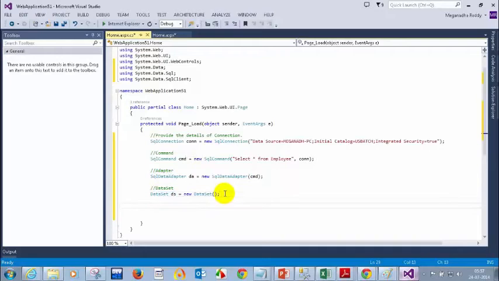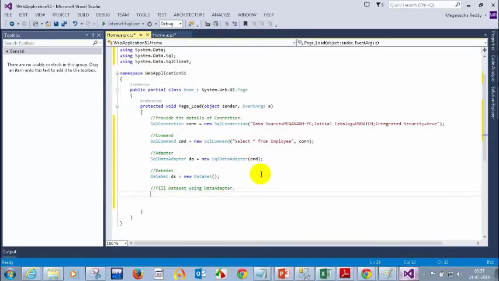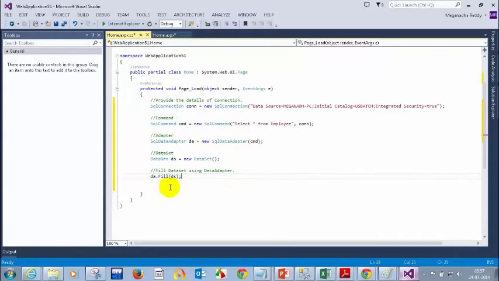Now we need to fill the dataset using the data adapter. So da dot fill, the data adapter is filling ds. Now we have this dataset filled by the data adapter, so after this step you will have your table inside it.